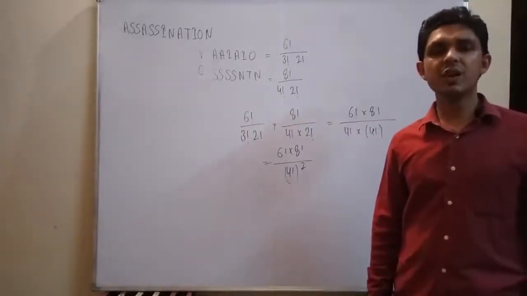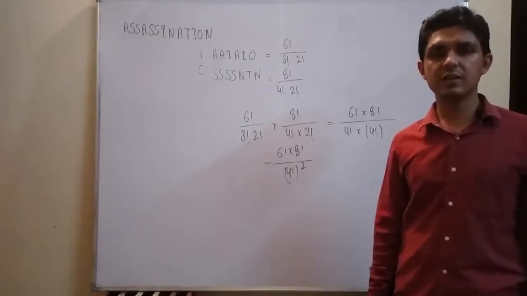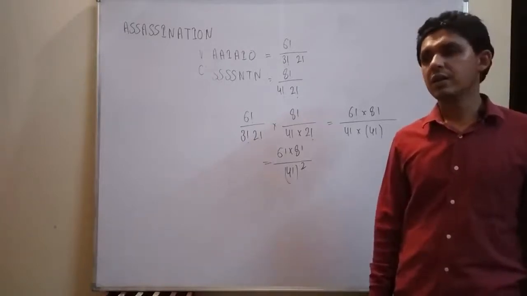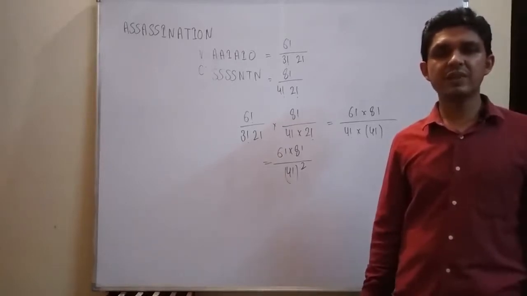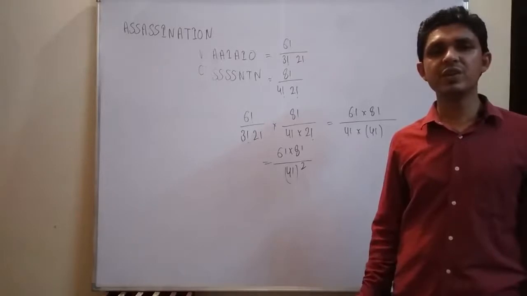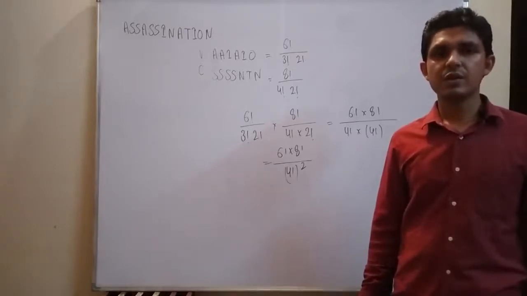Right? So this was all about the letter-based arrangement in permutation. One more variety of permutation is left with us, that is the arrangement of digits in numbers. Right? Okay.